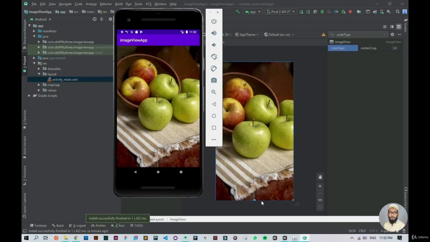So now as you can see my app is up and running and you can see the image view has